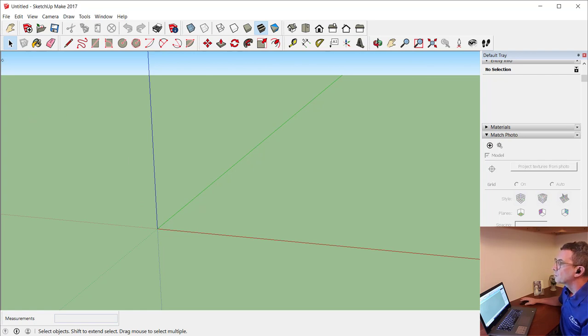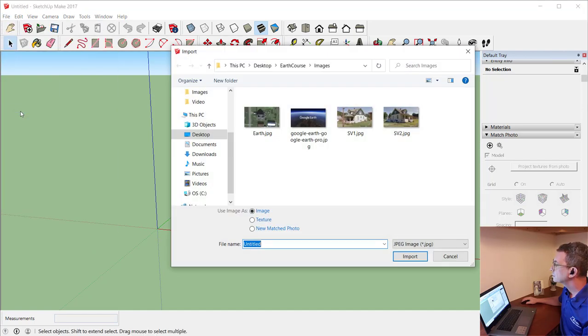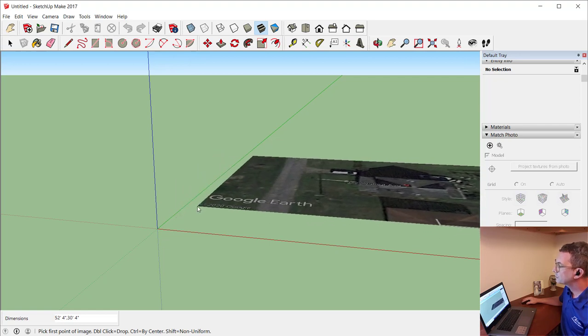So now I'm going to import that first image that I created in Google Earth. So I'll go under File and then Import, and then I'm going to navigate to the pictures. And so there is that first picture, and it's going to appear on my workspace, and I need to click on the origin